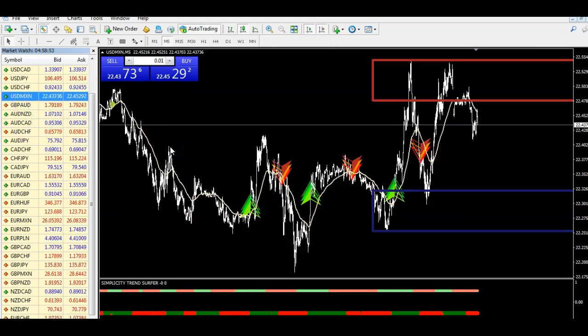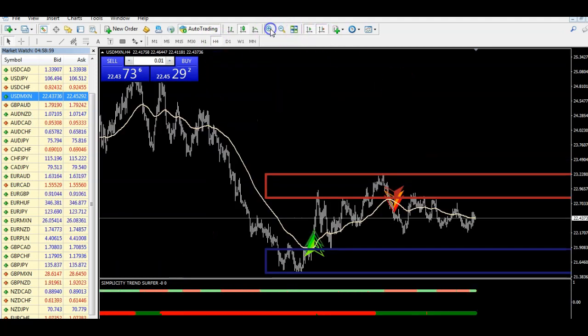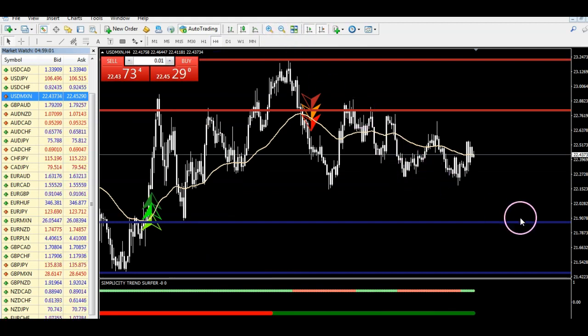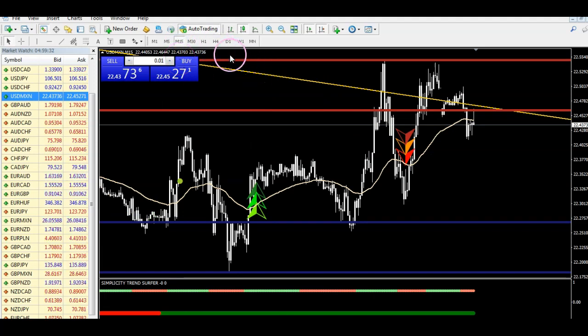USD Mexican peso. We're in an uptrend. Now we're in a downtrend. So we're selling. Okay, we're selling until this changes, pretty much. And normally, when are you going to get your triple arrows up? Is when this trend breaks on the uptrend. Okay, you can keep going down, or you can just break up to the top. But it's better to go with the force of the 4 hours if we're going to trade on the 15 minutes. Okay, so